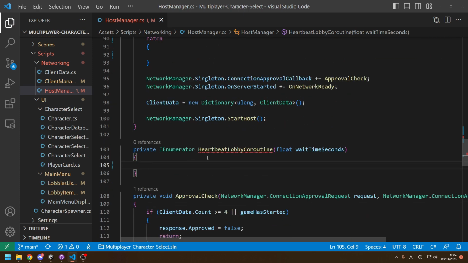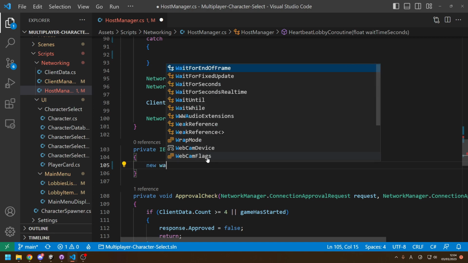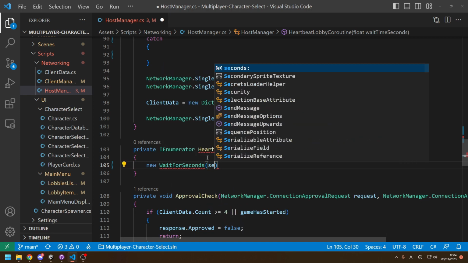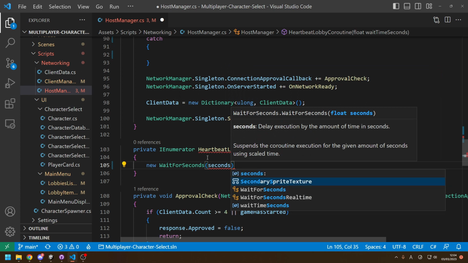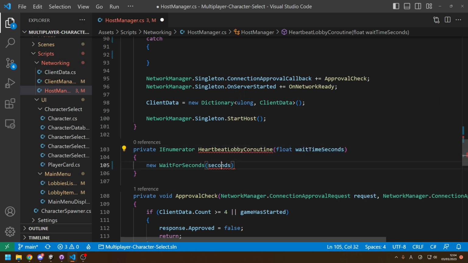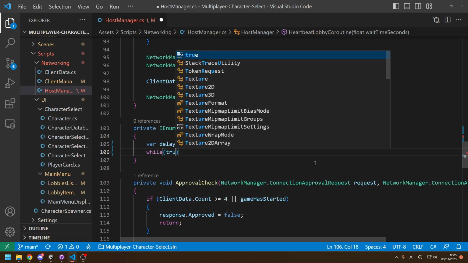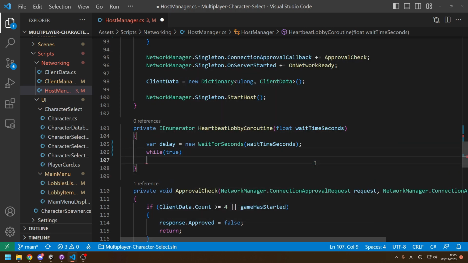And then in here, we just need to basically say new wait for seconds, which you can use in coroutines, passing in the delay, wait time seconds. And then if we store this in a variable, so var delay equals, we can then do a while loop. So we can say while true, so we make an infinite loop here, and we say